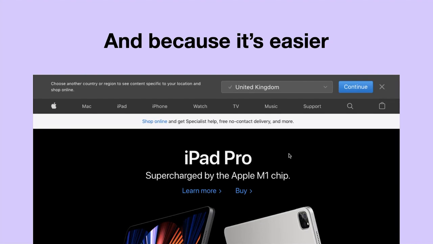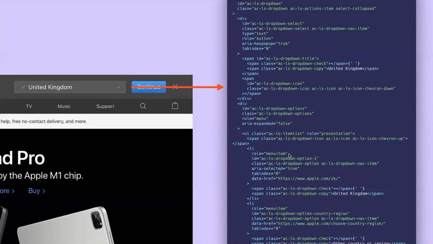Apple here has a little drop-down menu at the top of their website. And this is the sort of thing a lot of web developers spend their time doing. You know, let's make a nice looking drop-down menu. And it's really hard to make a nice looking drop-down menu that is actually accessible. You have so many things you have to think about. And Apple, in their case, well, they did.